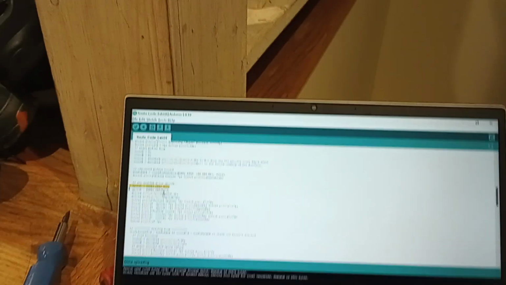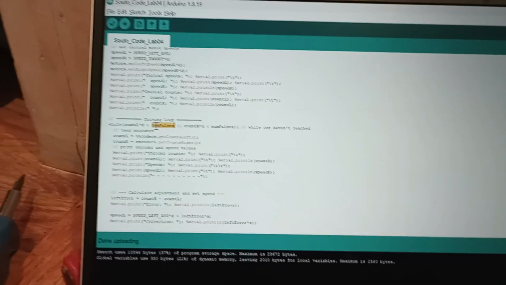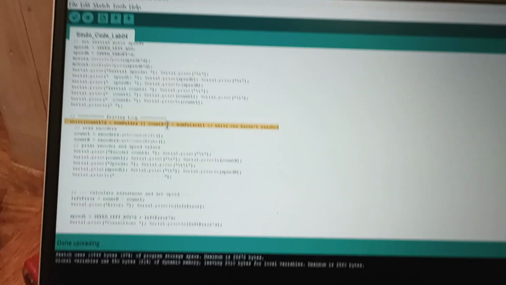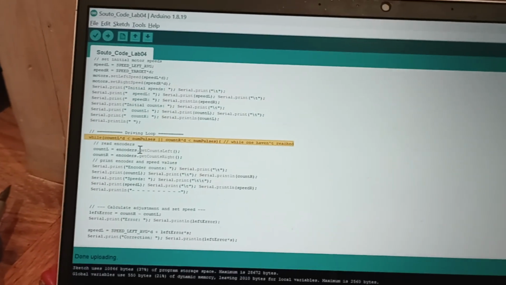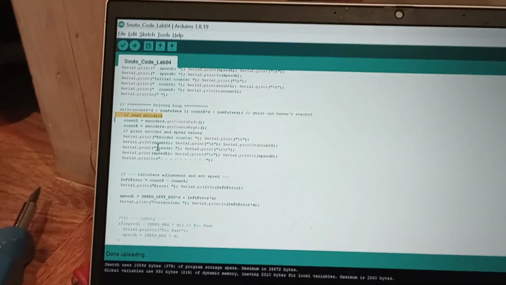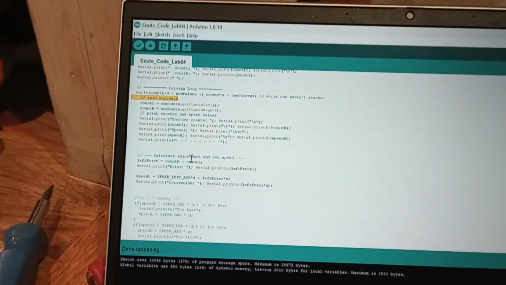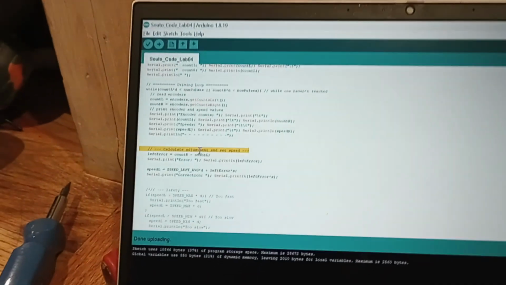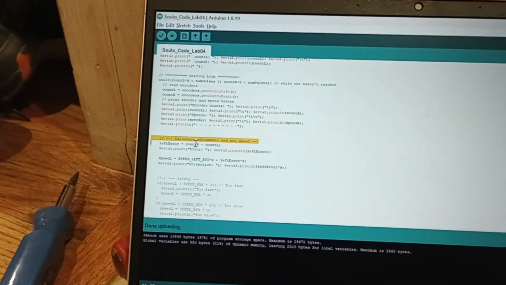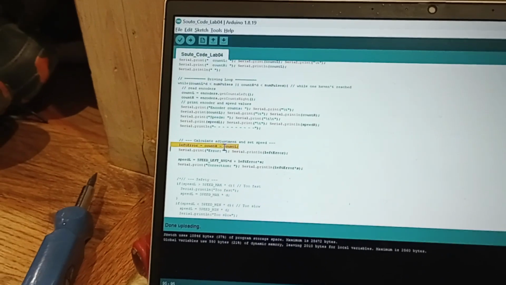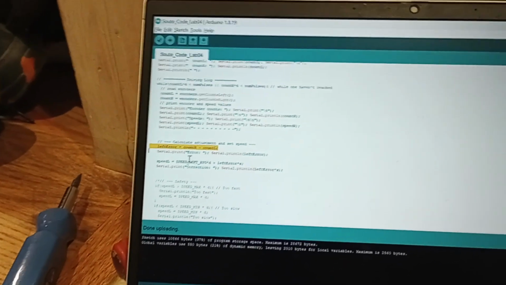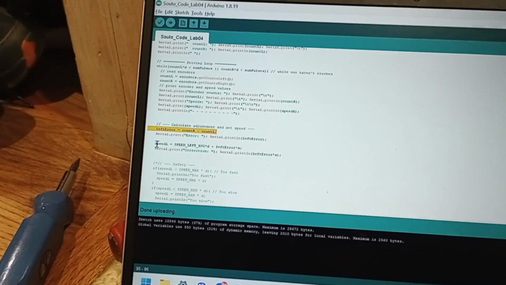Then it sets those speeds at the initial, and then the loop, where it drives while it continues the loop while one of them has not reached the objective. First, it reads the encoders, and then calculates the adjustment required and sets it to the value. First, it calculates the error of the left encoder count compared to the right, and then it uses this equation